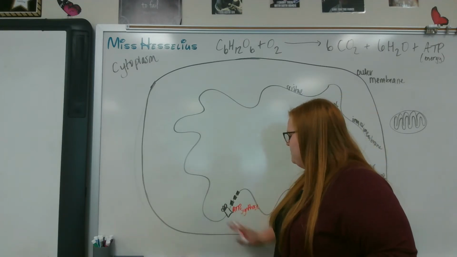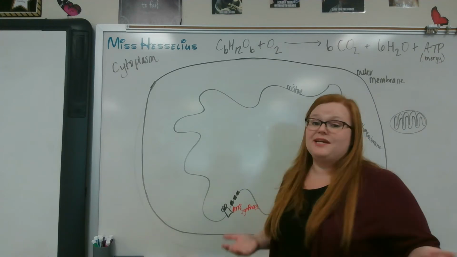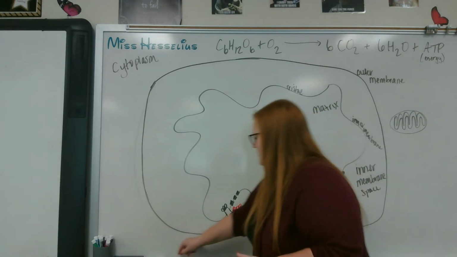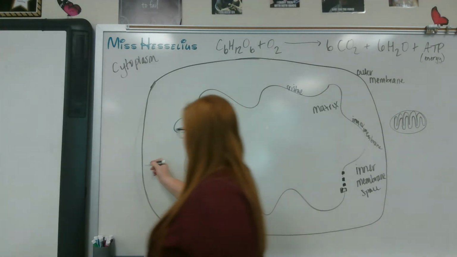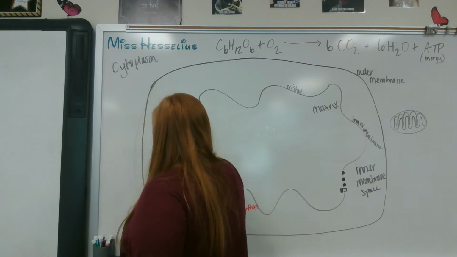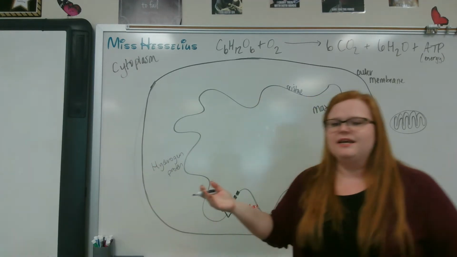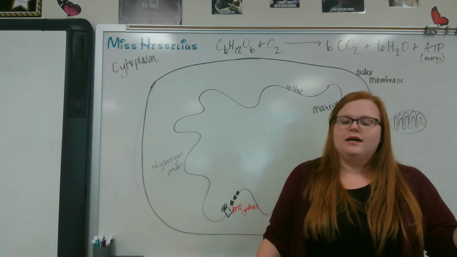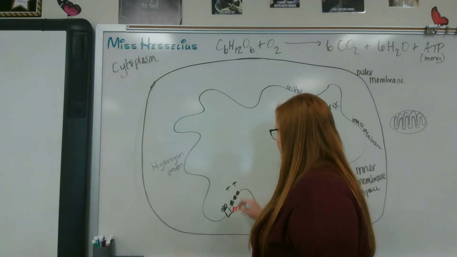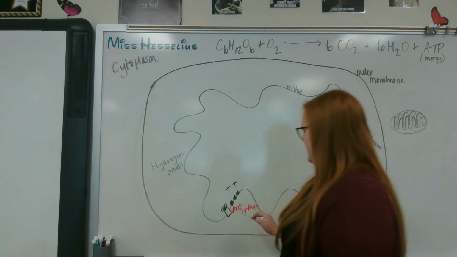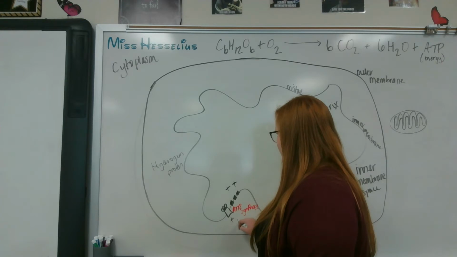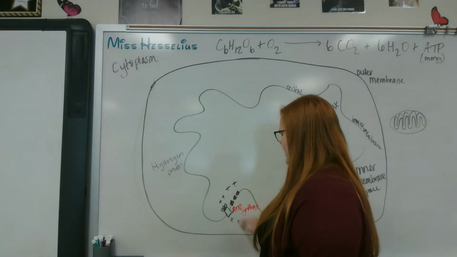It's a protein that's basically a protein channel, and protons, which when I draw protons, they're hydrogens, basically, hydrogen protons. They don't have electrons. It's just the one proton that comes with hydrogen because hydrogen's number one on the periodic table of elements. So when I draw protons, I'm just going to draw little plus signs to represent my hydrogen protons. So what happens is hydrogen protons go through from one side to the other, the ATP synthase